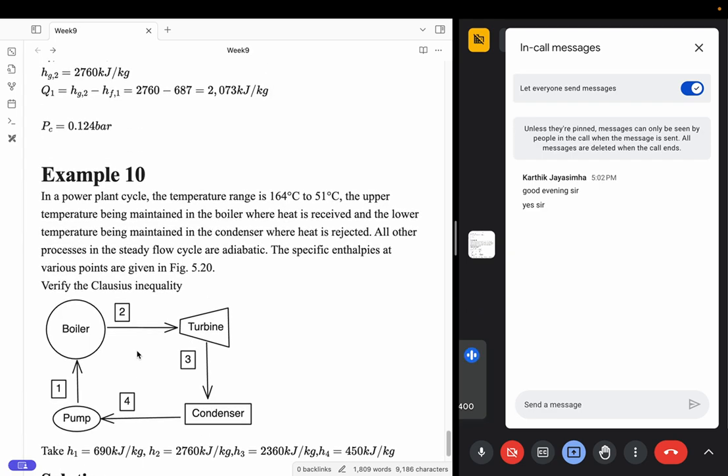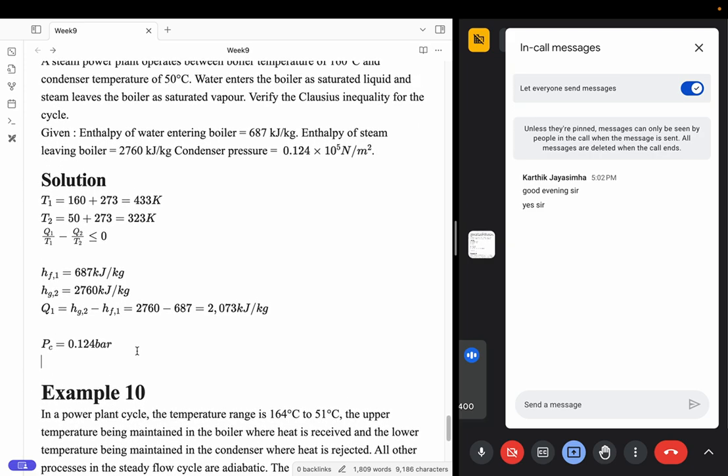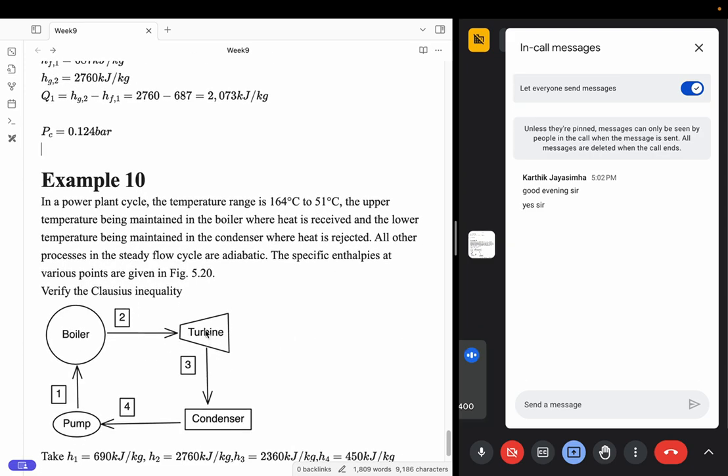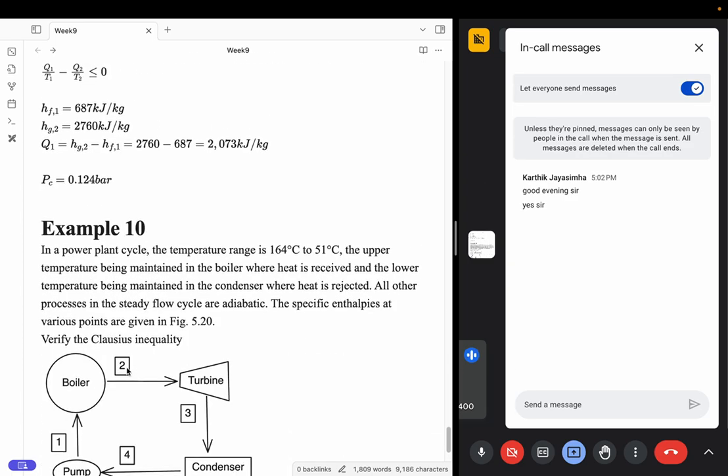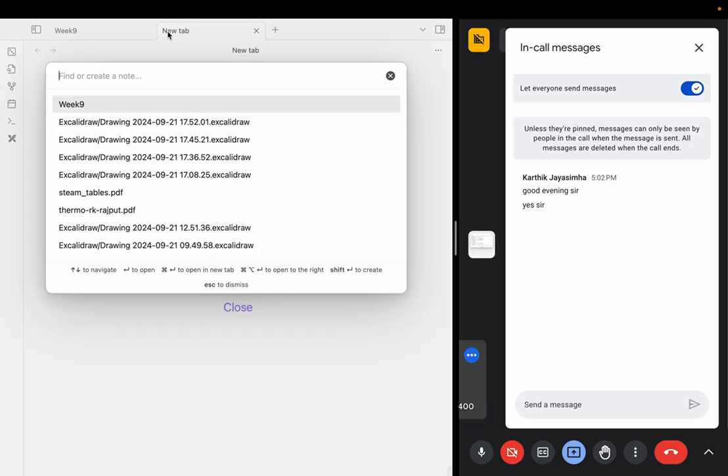I'm not sure if you're already aware of isentropic expansion, but we usually assume that the expansion process in the turbine and the compression process inside a pump can typically be assumed as an isentropic process. So all you have to do is, for state 2, calculate the entropy from the steam table and see that the same entropy value is maintained at the condenser pressure. For example, if you get the steam tables,